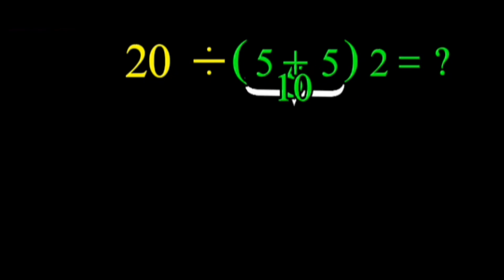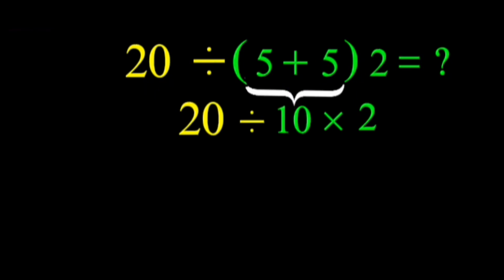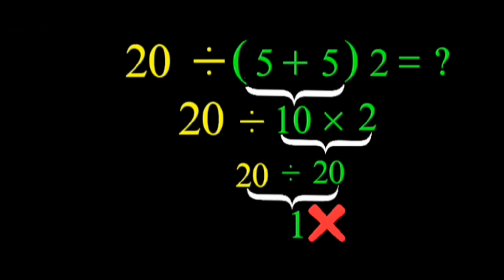5 plus 5 gives us 10. Then 10 multiplied by 2 gives us 20. In the end, 20 divided by 20 gives us 1. But this answer is not correct because we did not follow one of the most important rules in mathematics, called